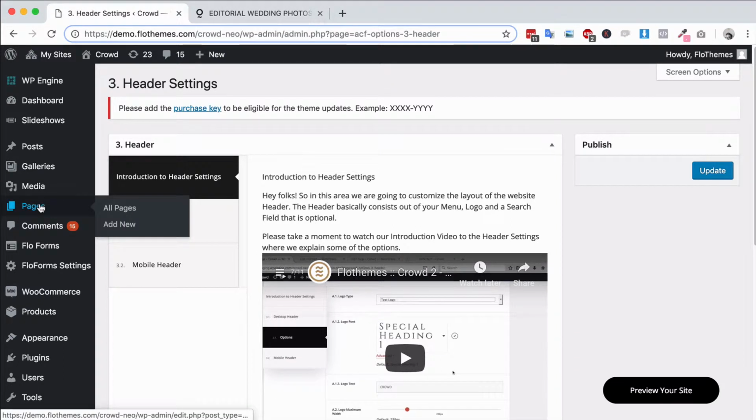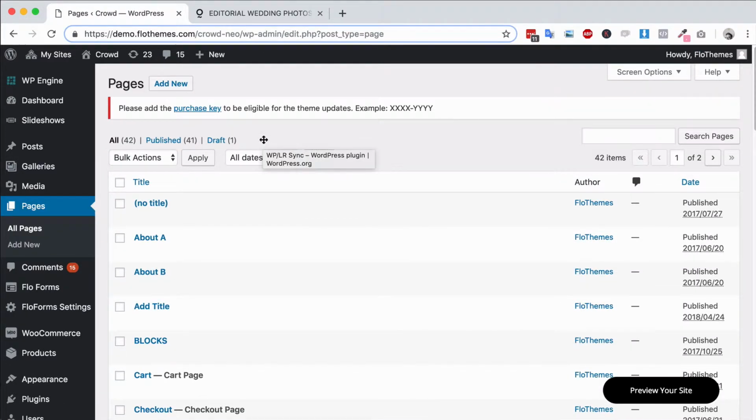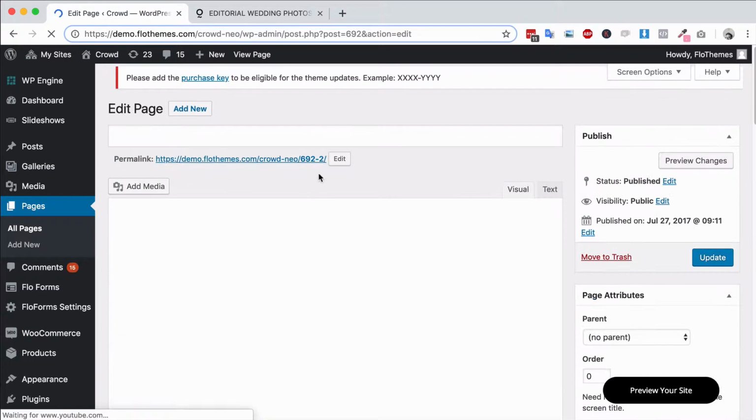Now let's go over to the page builder to explain how that works, as that's going to be one of the most important features for you, and it's going to really explain how you can get started with building pages pretty quickly. So if we go into a page and we add the title, for example,